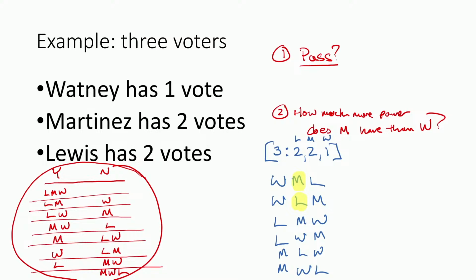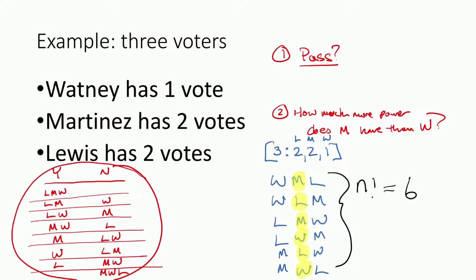I think you could probably quickly get through this. Lewis has 2 votes. Martinez has 1. That brings us up to 3. Lewis has 2 votes. I'm sorry, Martinez had 2, didn't they? But anyway, Lewis, Watney, same thing though. Martinez 2, Lewis 2, that brings us up to 4. We're good. Martinez 2, Watney is 1. There we go. So in this case, you will always have n factorial, which in this case is 6 different